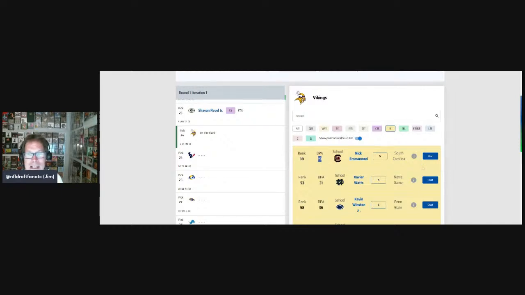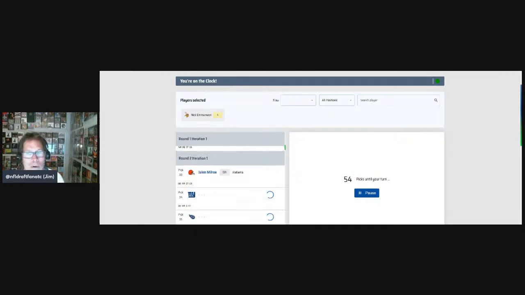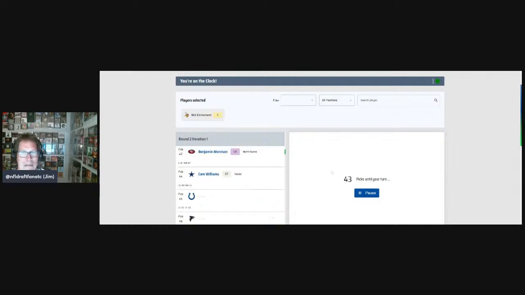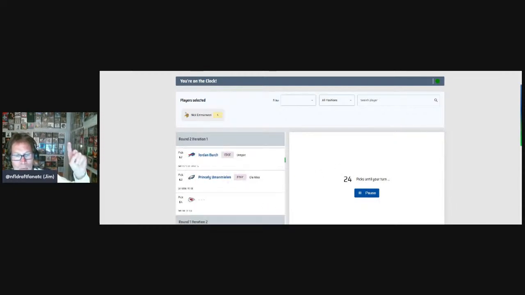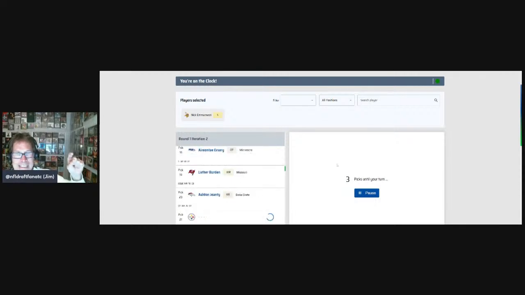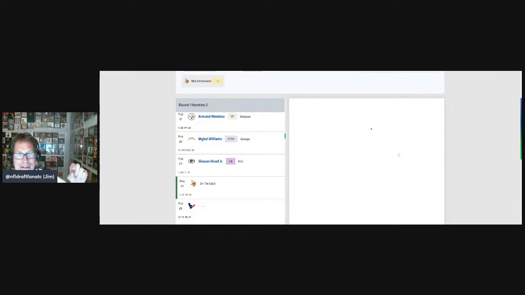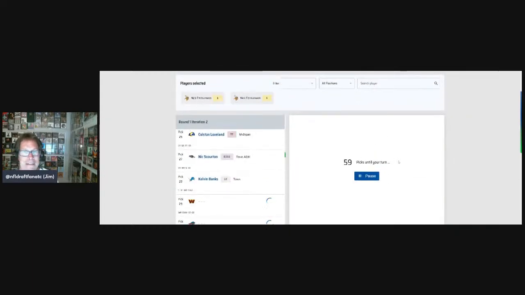So Emmanwori is there. And he was 38th on the player board at the time I picked him. So it goes through round 1, and now it's going through round 2. It's going to finish that draft, and then I'm going to do the same thing all over again. Again, Emmanwori, when I picked him, was the 38th player on the Vikings board, and he was the 19th top player, so there were 19 players ahead of him. He's already moved to 30 and 12. So I'm going to pick him again.